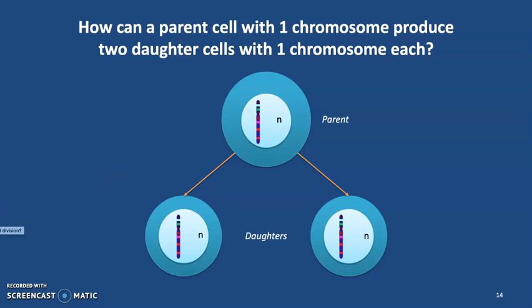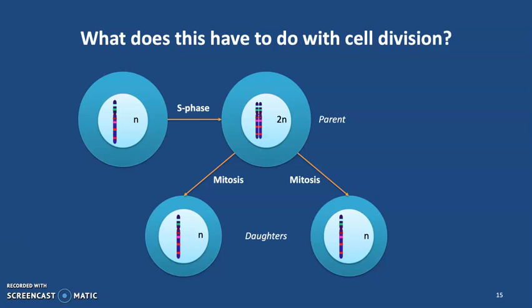Well, we saw previously in Unit 2 and in the first videos for this Unit 4 and Module 4.1 that the first step is to copy the DNA. So synthesize new DNA, that happens during S phase. You go from haploid, that means one copy of each chromosome, to diploid, which is two copies of each chromosome. So that's basically what's happening during S phase. And now that you have two copies, they're both identical, you can split them evenly between the two daughter cells. So we have mitosis. Through mitosis, you form two daughter cells, each with one copy.